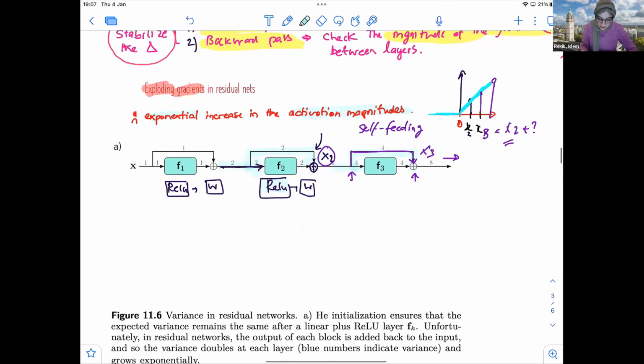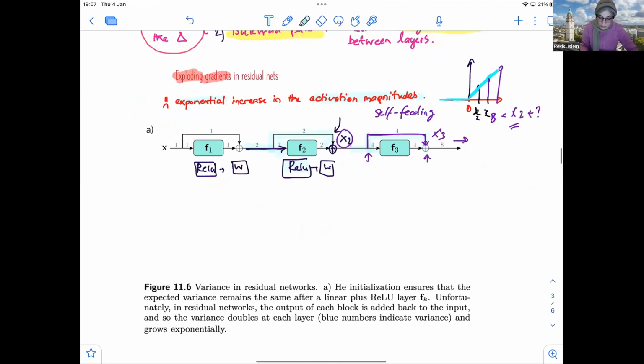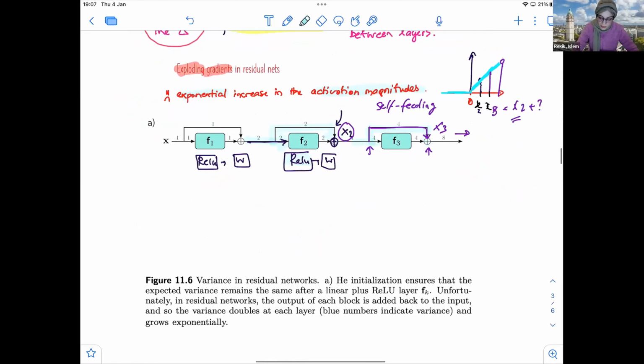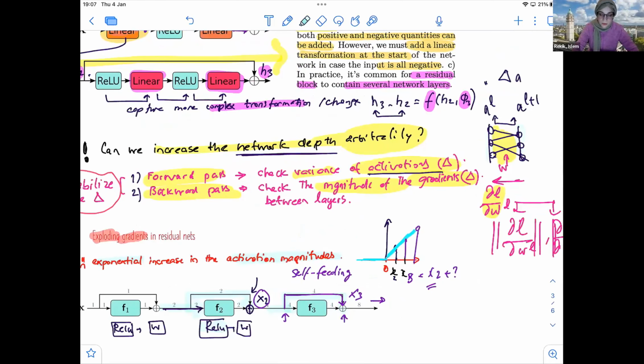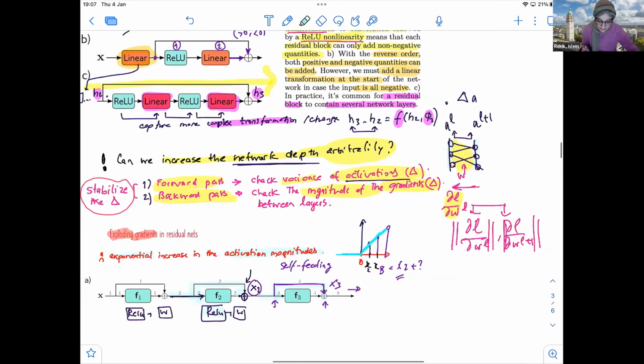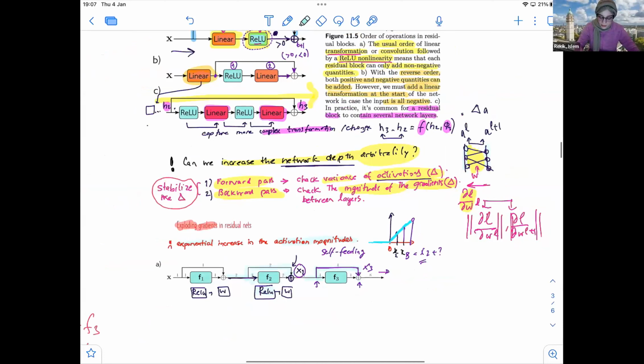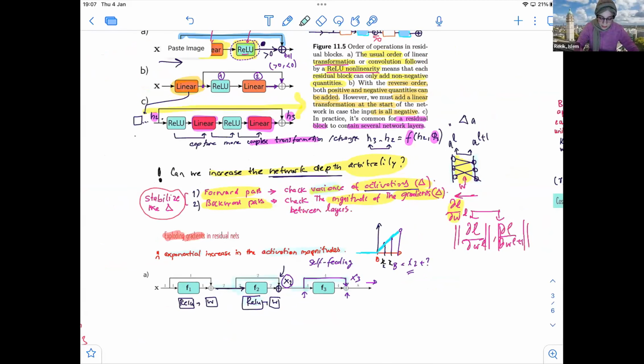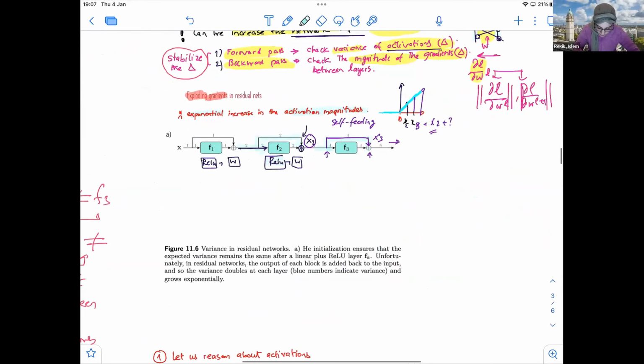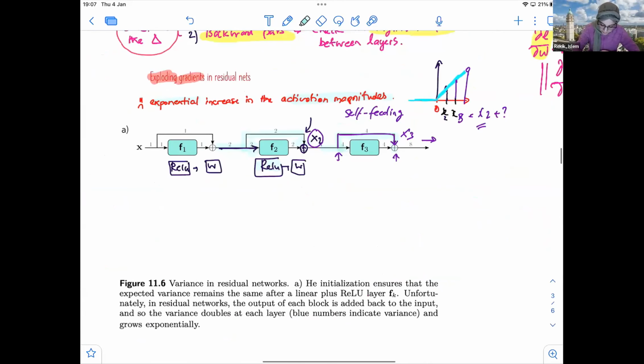That's not a nice behavior to have in the network, because with different activations, the difference between two layers will be very high, and the distance between layers a few steps apart will be even higher. So you will stipulate a large variance in activations in your network, and that will not stabilize the training of your network. So here, the variance in residual networks. Let's try to summarize this.